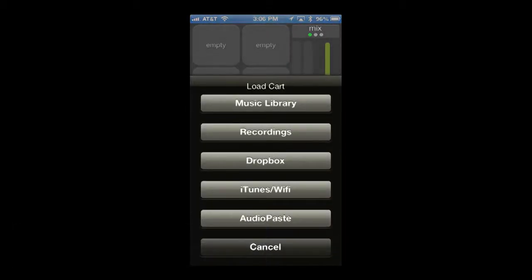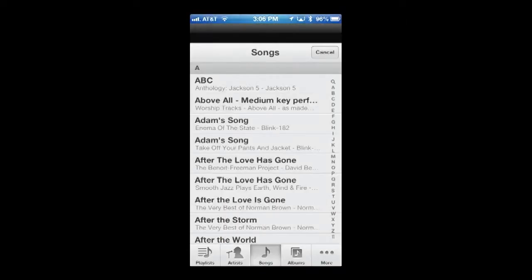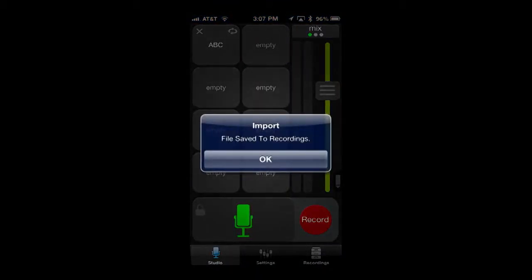Now, I have no music in here. Actually, I can add music. If you click on the empty one, it'll let me pick from a music library, which I'm not quite sure what I have on here. You can see it actually picks up from iTunes, Dropbox, any kind of recording you have on your phone or whatever. So I could go to music library. I don't put a lot of music on my iPhone. Oh, there's ABC. We'll just use it. I generally use my iPad for that mostly. All right, so